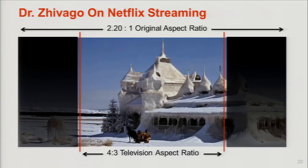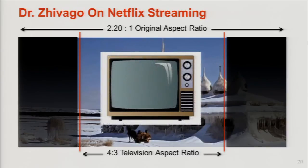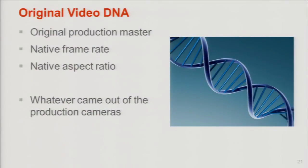And so what we talk about with the studios is really trying to trace back to the original video DNA of the video here. So we talk about how Netflix really wants to get as close as possible to the original production master. And that's what I call the video DNA. And the native frame rate that the film was shot in, the native aspect ratio that was shot in, pretty much whatever came out of the camera that filmed that movie or that TV show, that's the format that Netflix wants to work in, because that's what we can use to provide the best experience to our customers. And I think that as the studios start to ramp up to the opportunity of working with digital customers like Netflix,